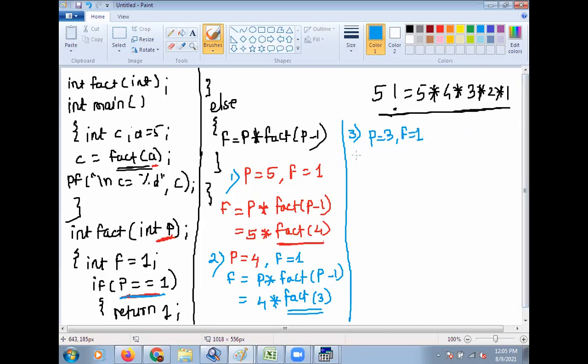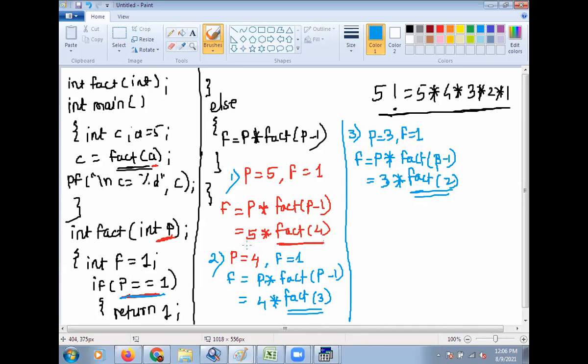So f is equal to p into fact of p minus 1. So here 3 into fact of, here the value of p is 3, 3 minus 1, that is 2. Go to the definition of fact again.